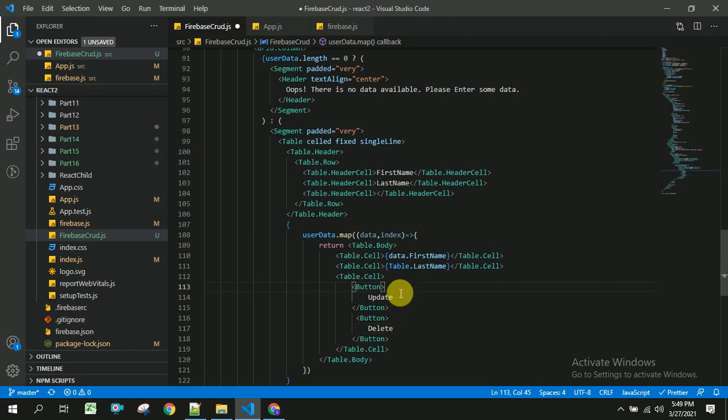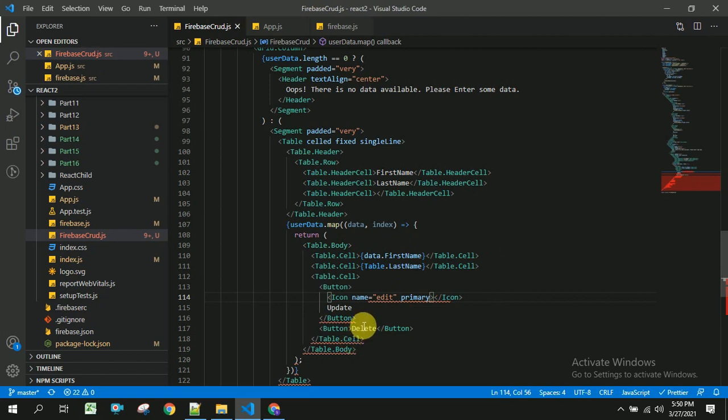So inside this button I am going to take an icon with name as edit, and this color will be blue, so I am taking primary.